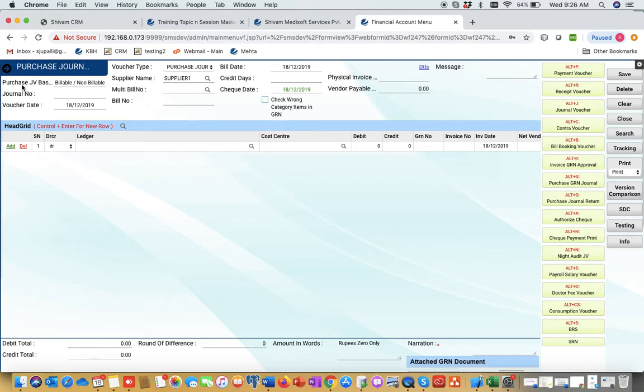As you know, this first one is purchase JV based. As you saw in the previous video, in online data setup, we have one option, purchase JV based on billable, non-billable or department wise. I already explained about this. If you select billable, non-billable, then it will consider item type wise. If you select purchase JV based on department wise, then it will post department wise mapped ledger. Next, supplier name.